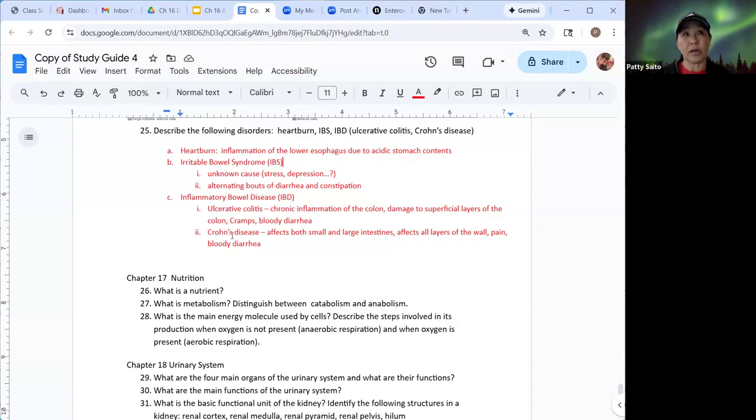Crohn's disease is a more serious type of IBD, inflammatory bowel disease, and it can affect both small and large intestines, and it can affect all the layers of the wall. All right, so you still get bloody diarrhea, but it goes deeper, and it is more serious. So, how do you control the inflammation in the body? Okay, specifically in the colon. All right, so